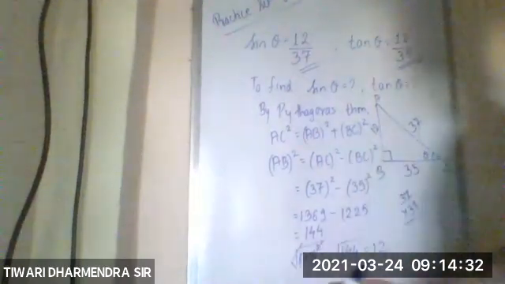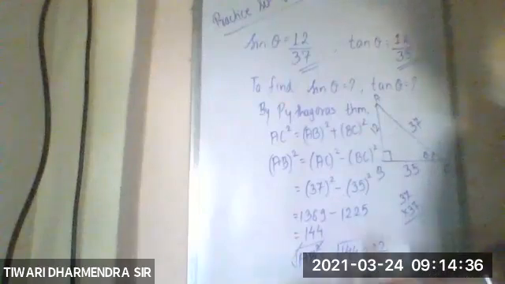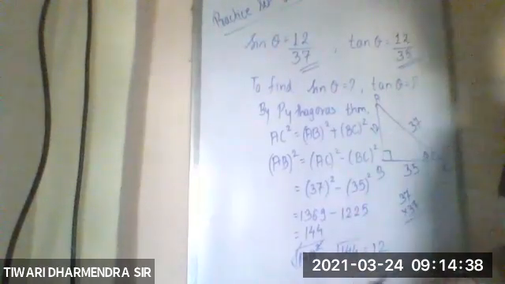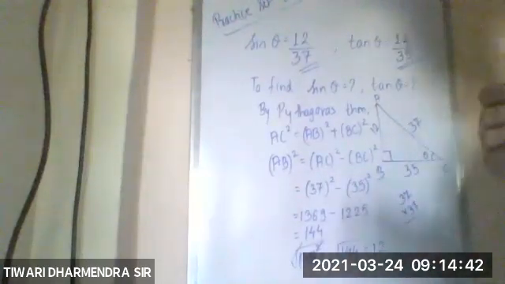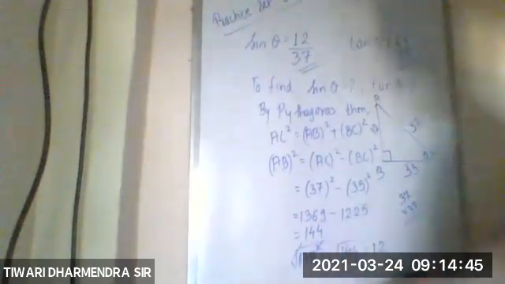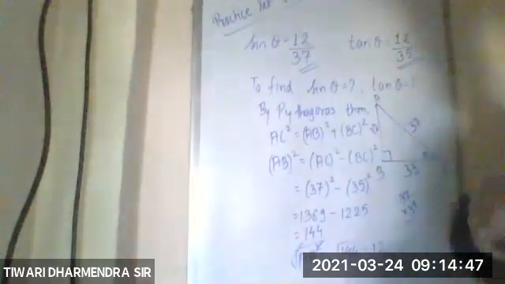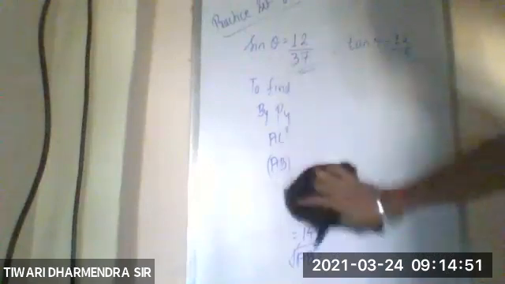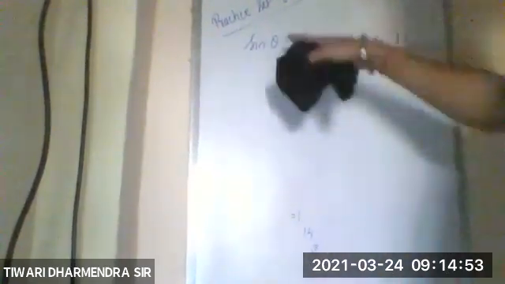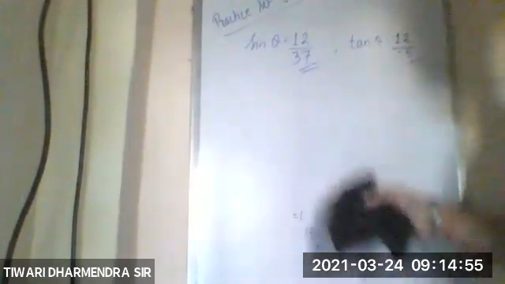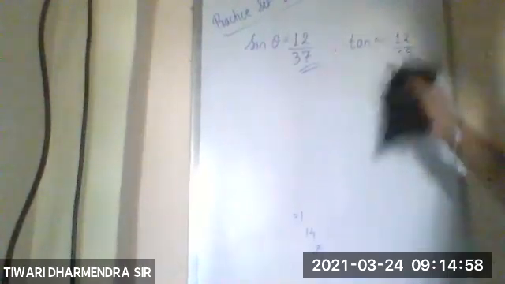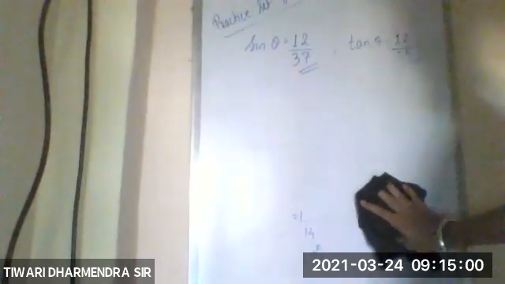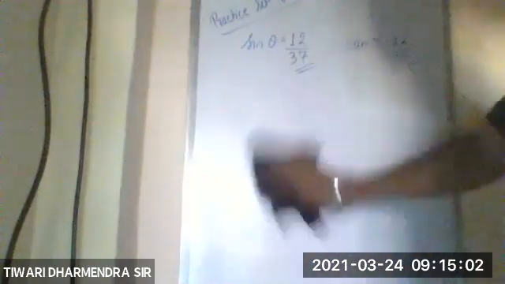So now I'm going to use the alternative method, that is the important trigonometric equation that we have derived. By using that, we will get the value of sine and tan for the same problem, and we can see that we are going to get the same answer. Hope you have copied this. If not, you can copy this answer so that you can tally it with the answer that we get after using the trigonometric equation.